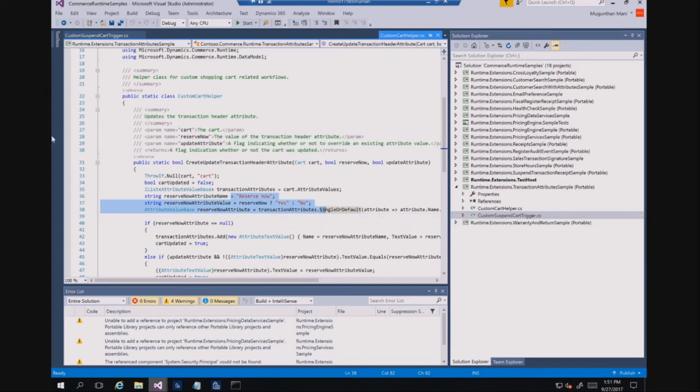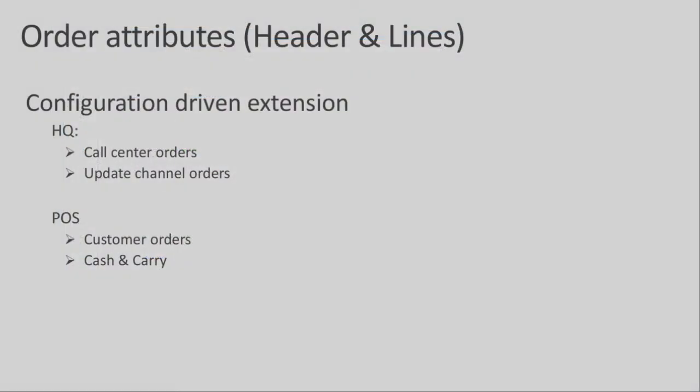Okay. Let me go back to the deck. So the question was, if you need to add a field that needs to be filterable by grid, does that mean you still do it the old way? Yes, you still do it the old way. Good question. So the question was, with attributes, can I add some more filters, or search by attributes? For some scenarios, attributes are not applicable.